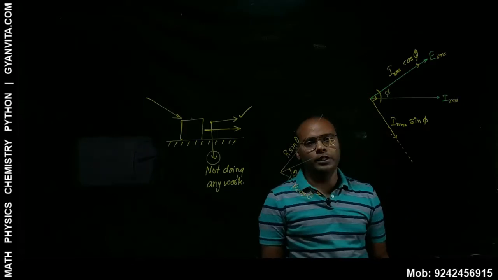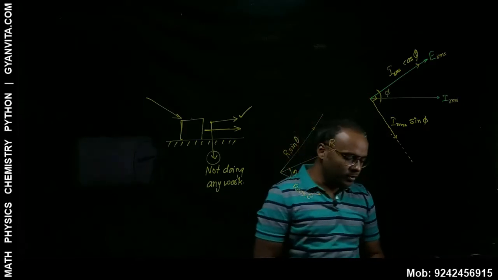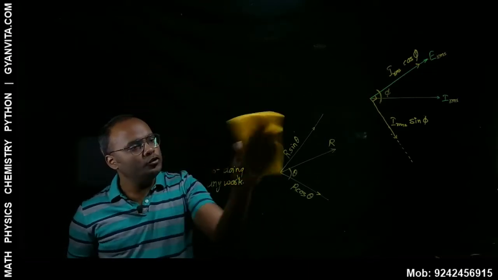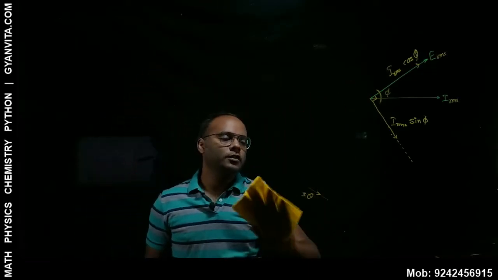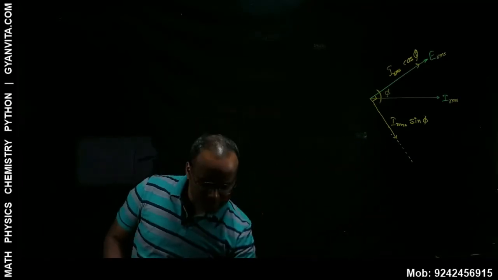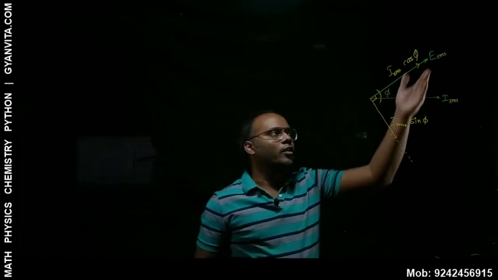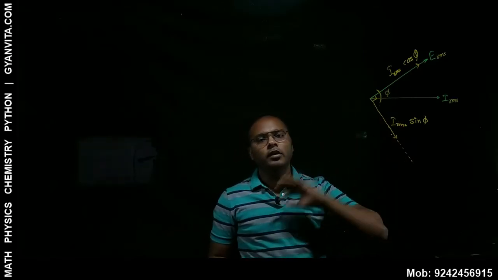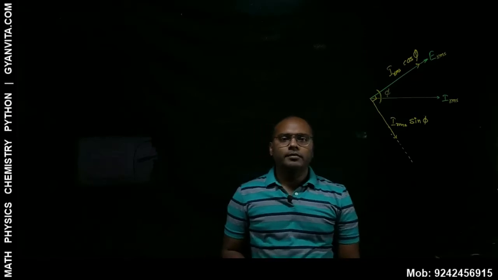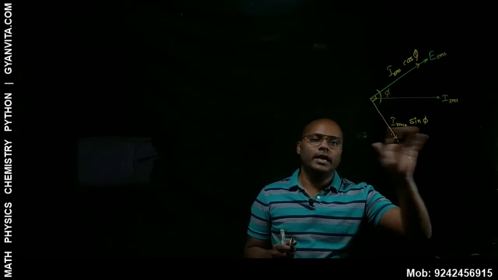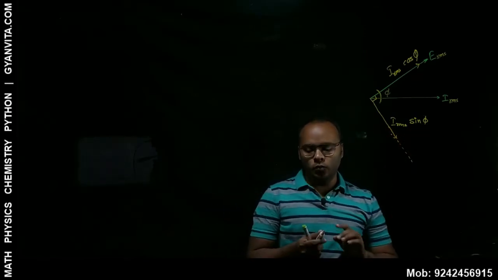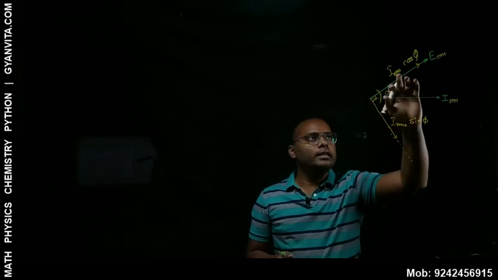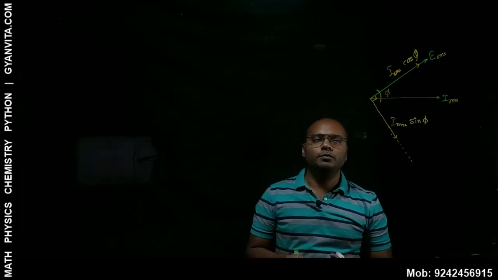The component perpendicular to the direction of motion will not do any work. We know that. Similar concept applies to potential and current as well. These two should be in the same direction, then only work will be done. If it is not in the same direction, you find the components: one along ERMS, another perpendicular to ERMS. Obviously the perpendicular one will not take part in work done. So this IRMS sin phi will not do any work, right? The component IRMS cos phi generates power, right?